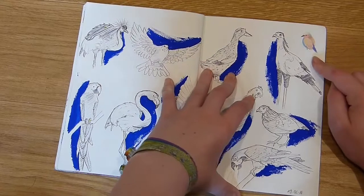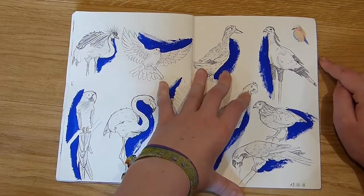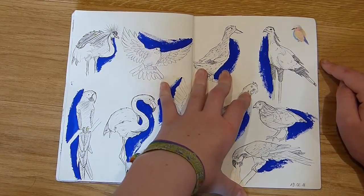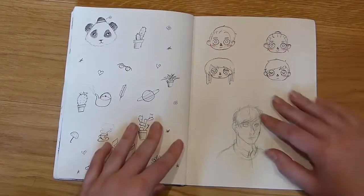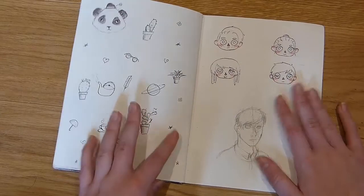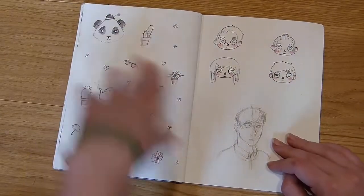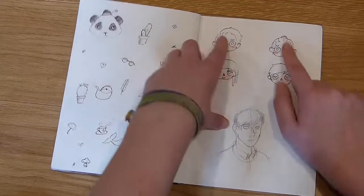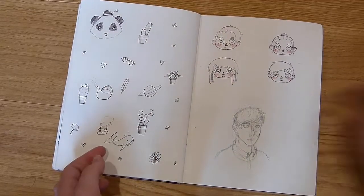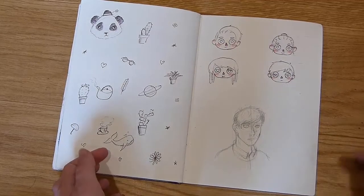I actually got these bird stickers from the book fair in Frankfurt last year. Yeah, I really wanted to fill this sketchbook. And I just did some random doodles, this weird panda, and then me and my friends from school in the Animal Crossing style, and I tried to do a self-portrait for